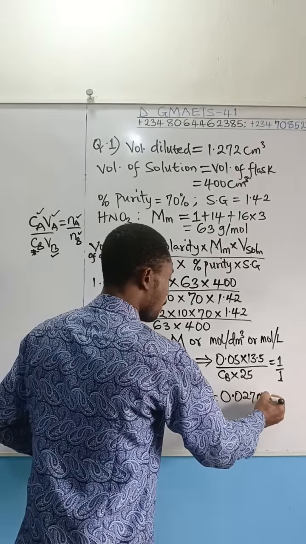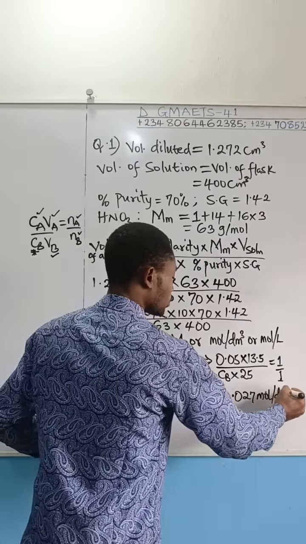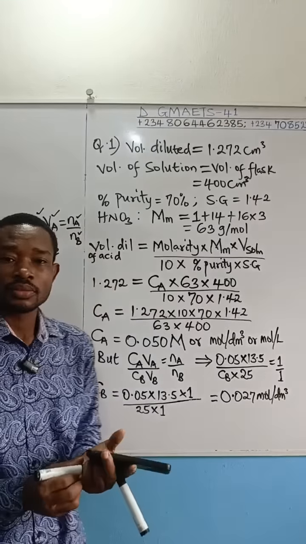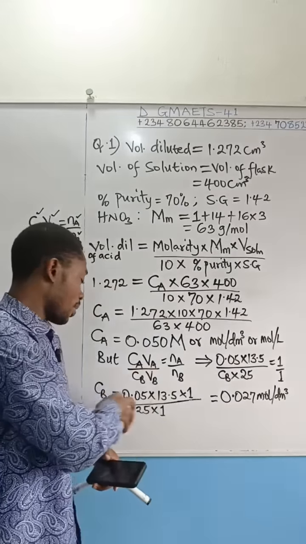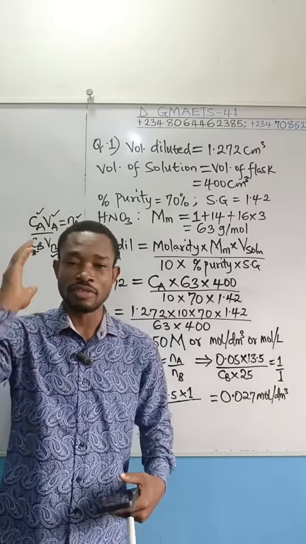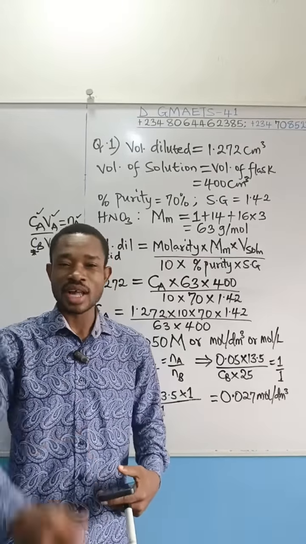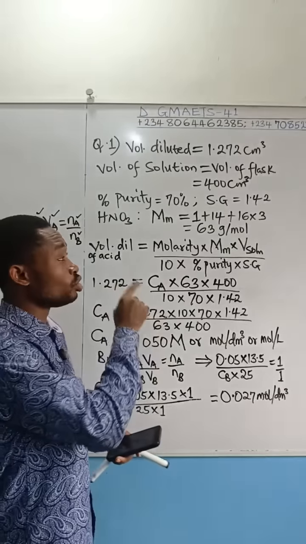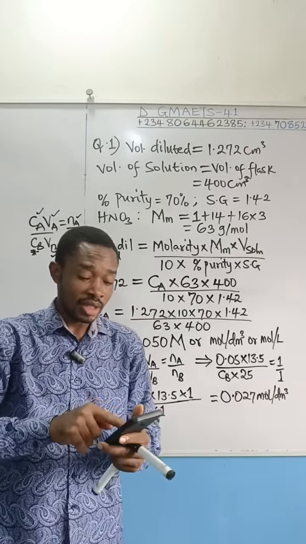0.027 mole per dm³. That's good. I have obtained my molar concentration of the base. What is now left? Remember the formula I told you you're going to use in calculating the molar mass of